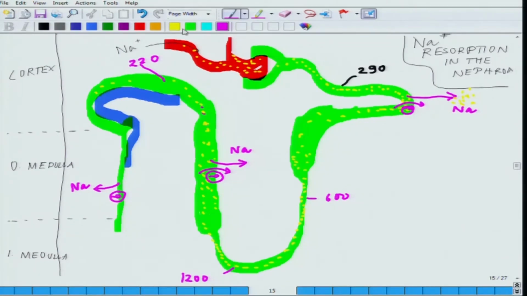And this zone is called, this is the zone where, one second, okay, this is the zone, the shaded zone. Now, this part is called isotonic resorption. Isotonic resorption. So, this is how the sodium, if you look at it, the simplest of all,